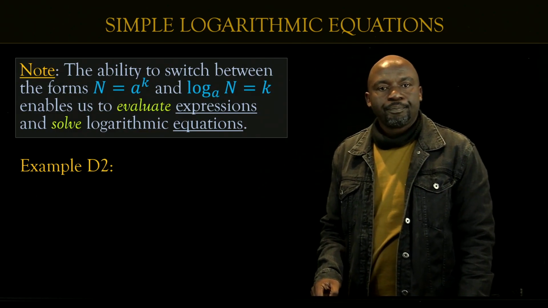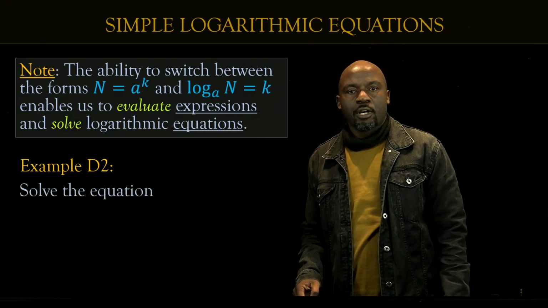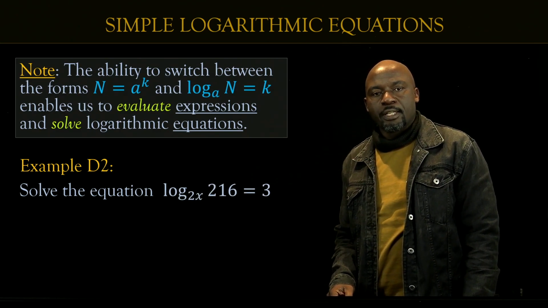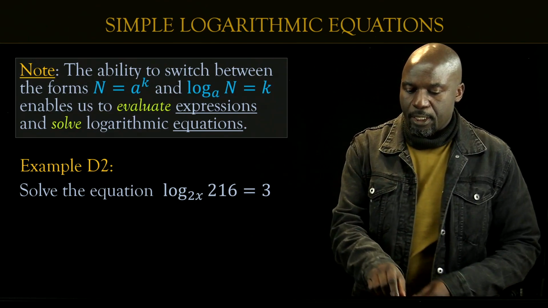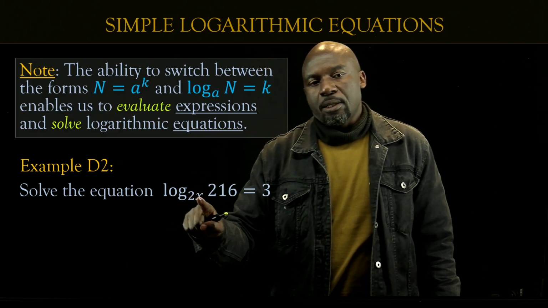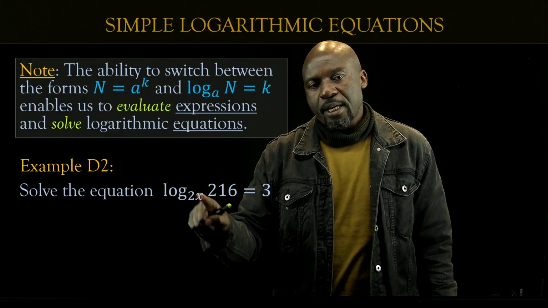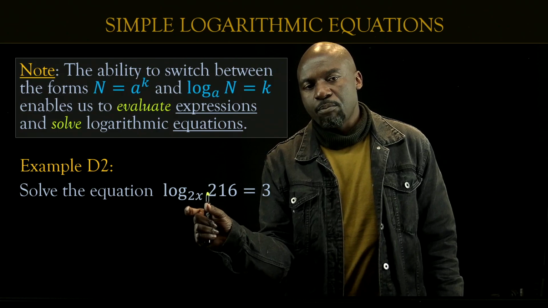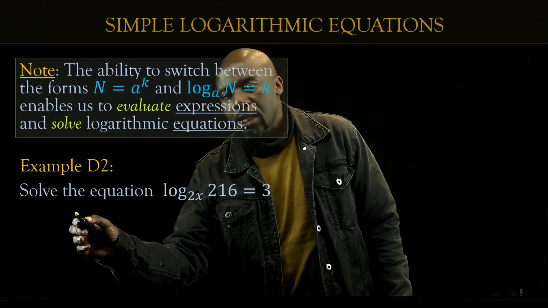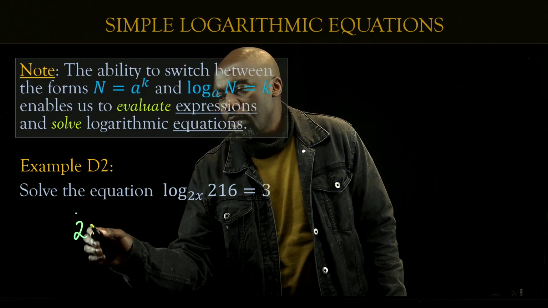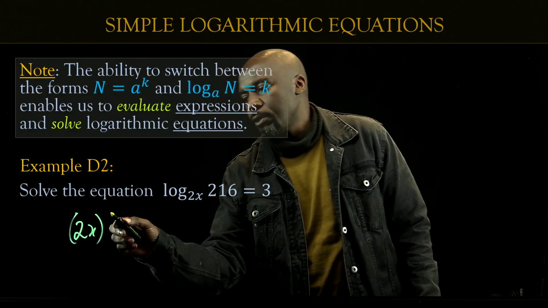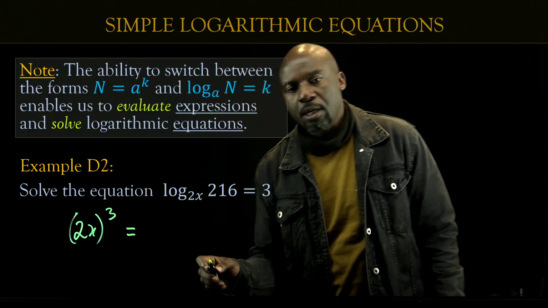Let's look at another one. D2 says solve the equation log to base 2x of 216 is equal to 3. So this is effectively the same thing. 2x is the base, so the base to the power of 3. Remember, the base is both 2 and x, so you have to keep them in brackets. So I'll write (2x) to the power of 3 must be equal to